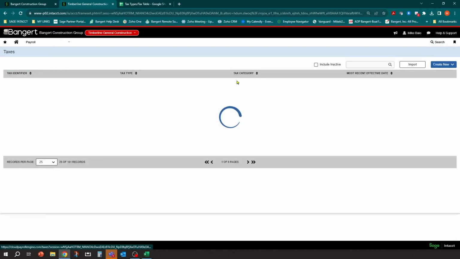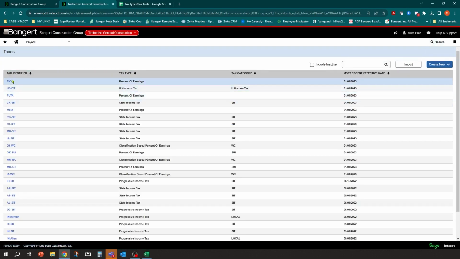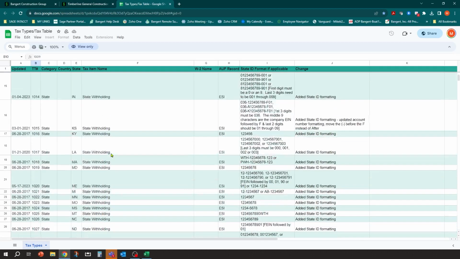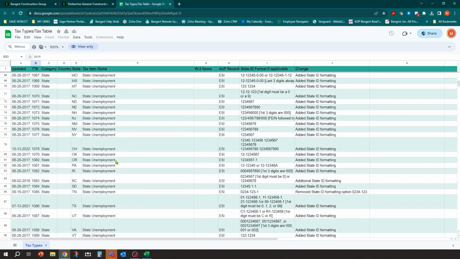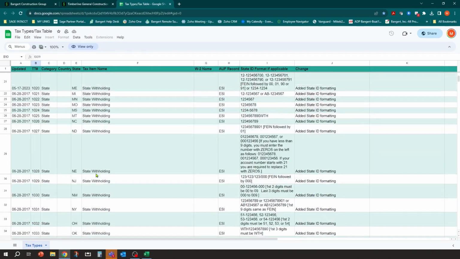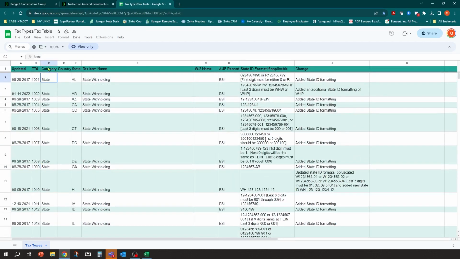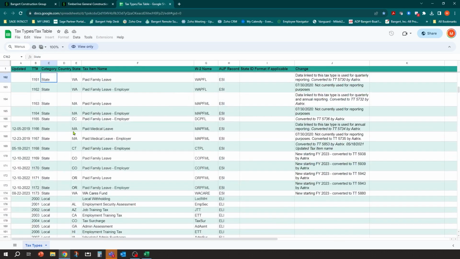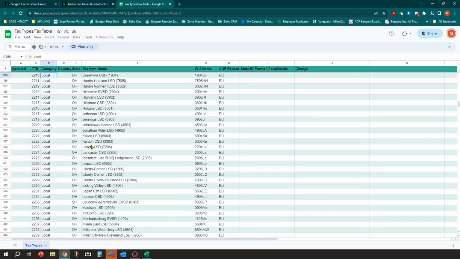So a better example might be FICA. You could see a report as Social Security, and then I could find the federal stuff in here as well. And you could filter. I would recommend filtering on these categories because it's a big list. But if I just page down, you have the locals, you have state.